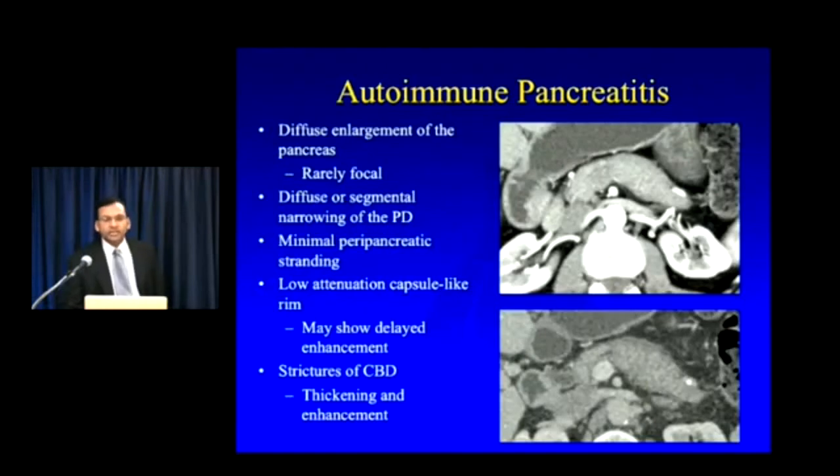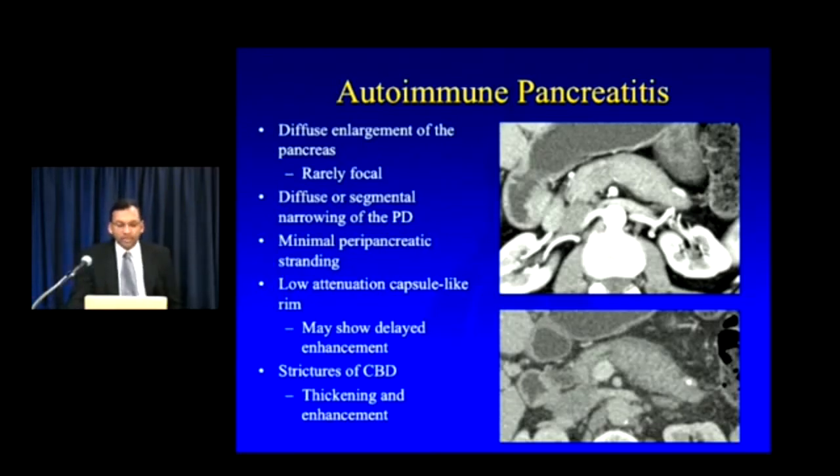Now, another diagnosis that I'm increasingly seeing in my practice, or at least that we're becoming increasingly cognizant of, is autoimmune pancreatitis. Now, autoimmune pancreatitis usually is going to diffusely involve the pancreas, right? The pancreas is going to be diffusely enlarged. You're often going to see a low attenuation halo around the pancreas. You may see delayed enhancement of that halo, and often there's associated autoimmune IgG4-related cholangitis. So you may see strictures of the CBD, usually with thickening and enhancement of the distal CBD at the level